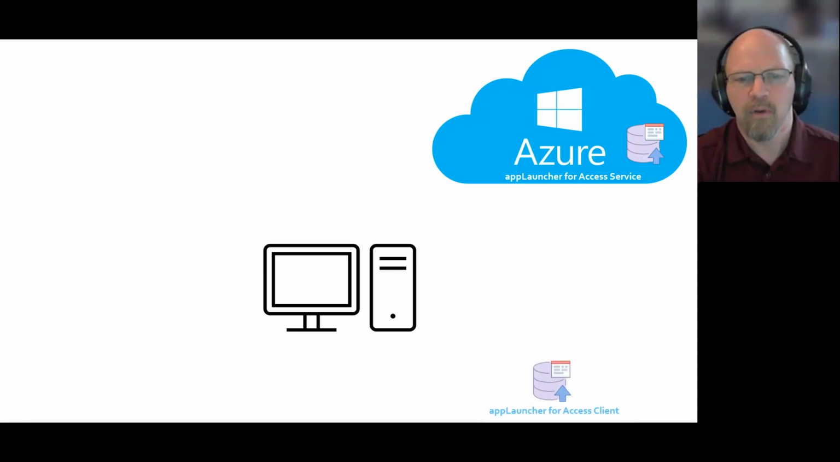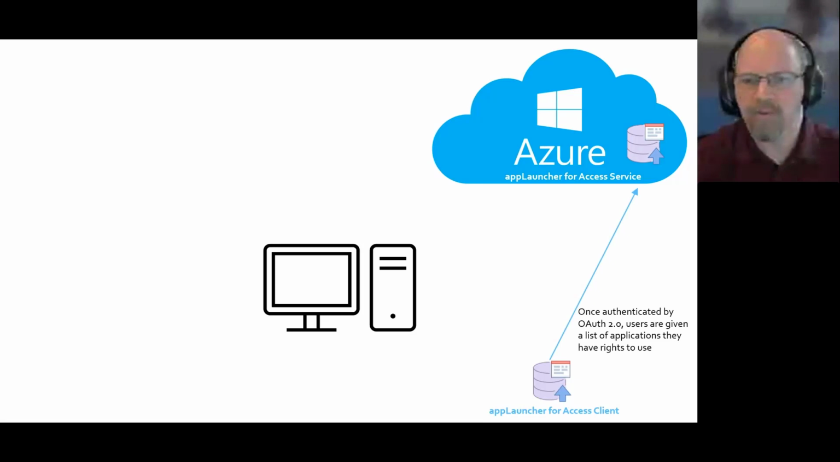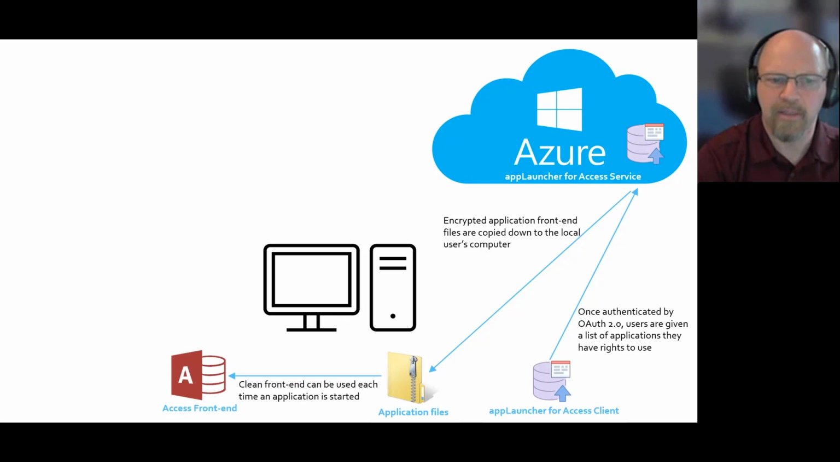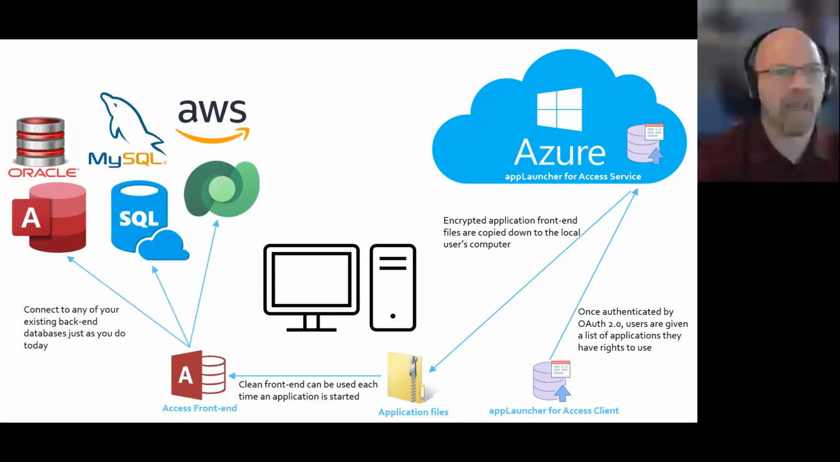So just to give you a little idea of the topology of this, there's the service running on the cloud. We would install the client on a local user's machine. We use OAuth 2 to validate who the user is and then send down a list of applications that the user has permissions to. When a user clicks on one of those applications, it will see if it already has that same version of the file. If it does, it won't copy it down, but if it does need it, it'll copy it down. It then unzips all the files in that deployment package and will fire up Access, and it will go ahead and connect,